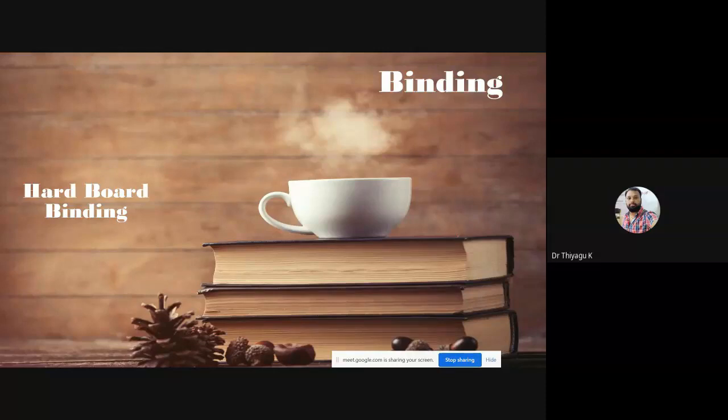Normally soft binding is how books come, but hard binding has some hardness that may increase the lifespan of the research work. And if you are submitting a research paper to a journal, there is no need for binding. You can send the soft copy or hard copy with the tabulated one, that's enough. So this is called hardboard binding.